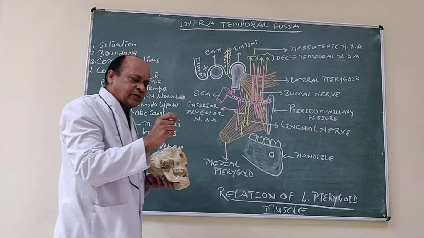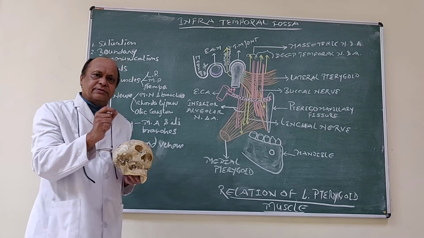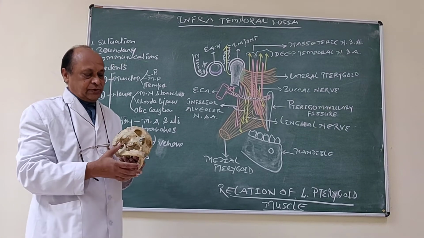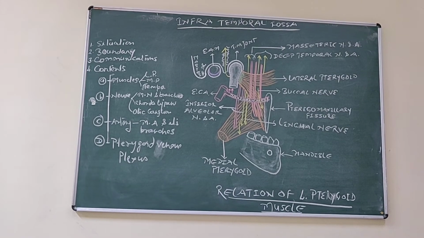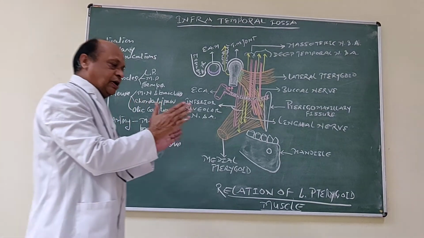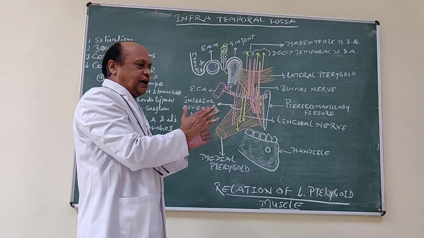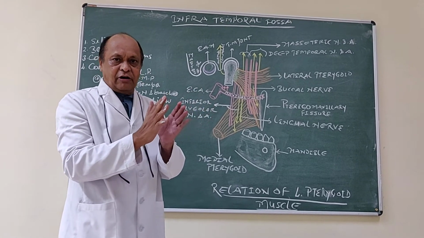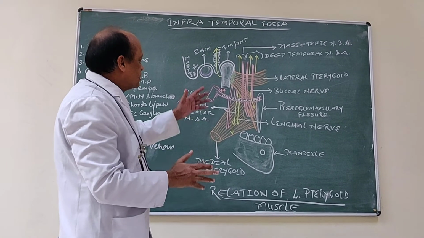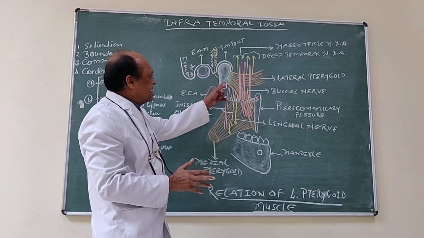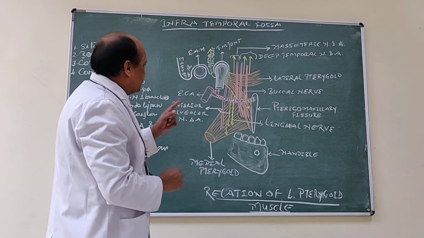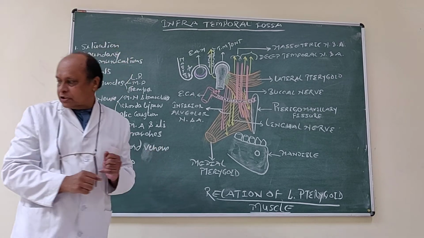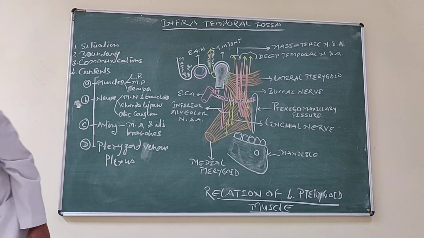Now another very important role of this muscle is that it helps in side to side chewing movements, and this movement is by the action of the pterygoid muscles of one side contracting alternately with the pterygoid muscles of the other side. So these are the important actions, and the nerve supply, it is supplied by the nerve to pterygoid, which is a branch from the mandibular division of the trigeminal nerve.